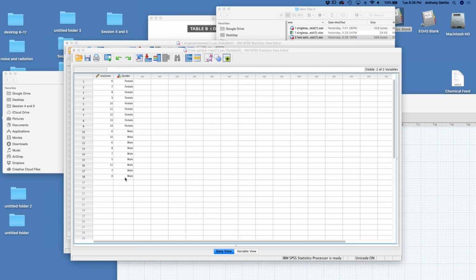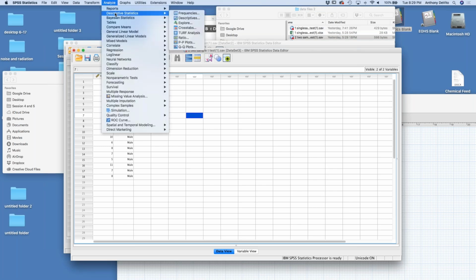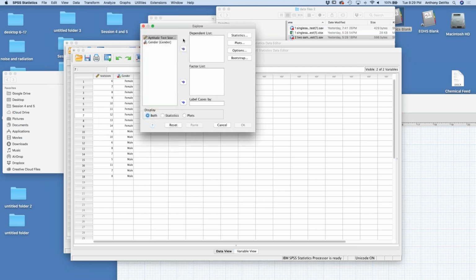So at any rate, I'm going to now compare these 2 groups. There's 2 samples here. I've taken a sample of males and a sample of females. You know what I'll do first? Since I have SPSS available to me,